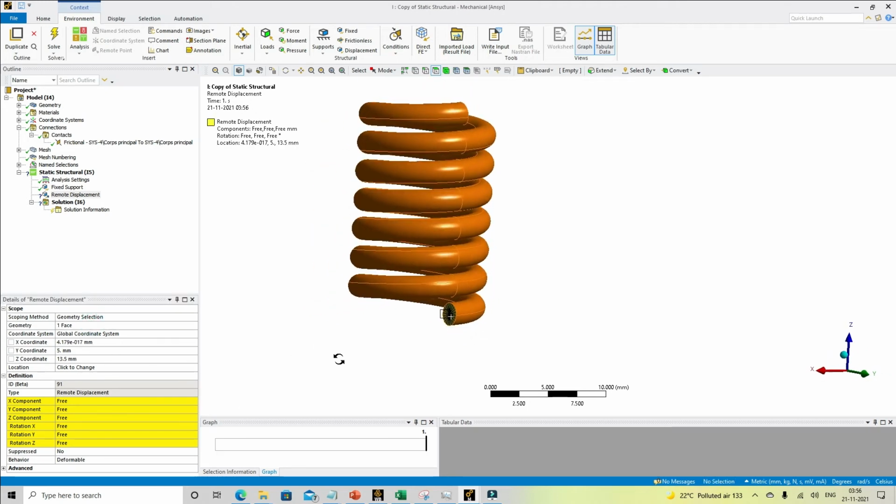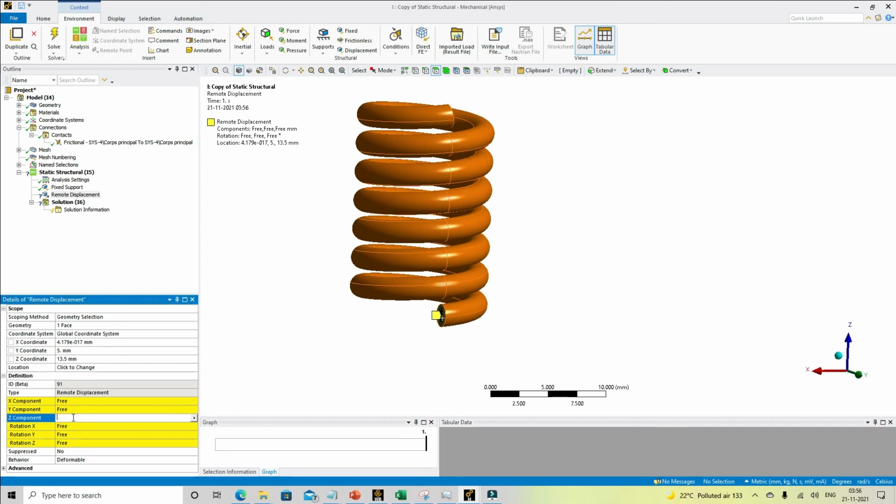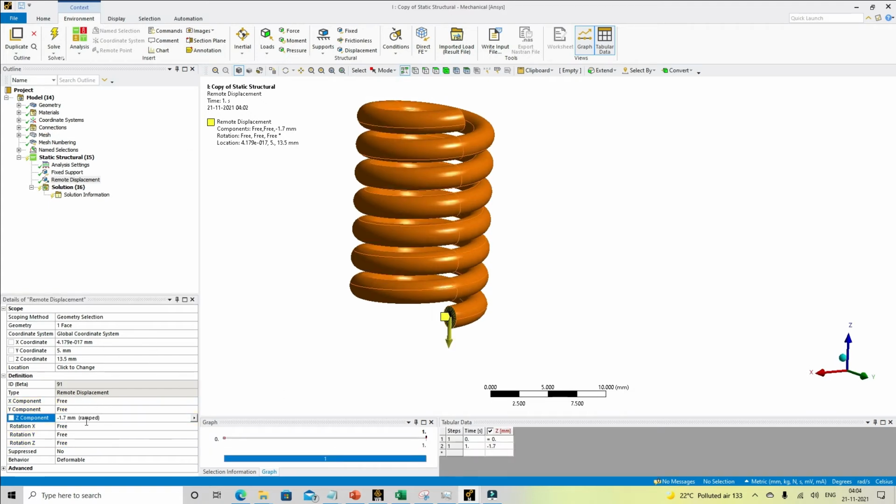And then we can apply, suppose I want to run this with a value of 1.7. So for the corresponding applied stretch value, we will get some reaction forces, and then we can re-evaluate the stiffness. Suppose you are running a linear analysis, we applied a displacement of 1.7, we will get some force, and then force divided by this deflection gives the linear stiffness of this thing.